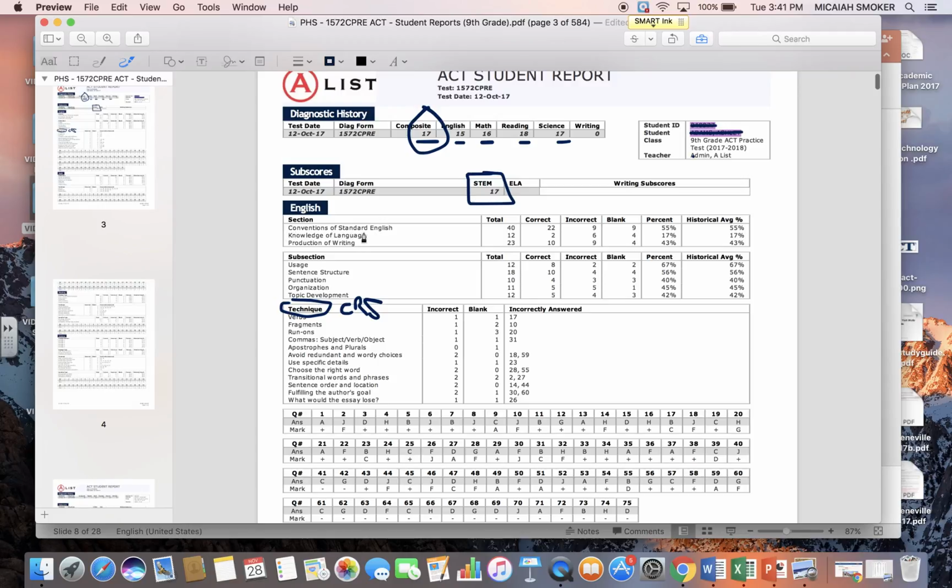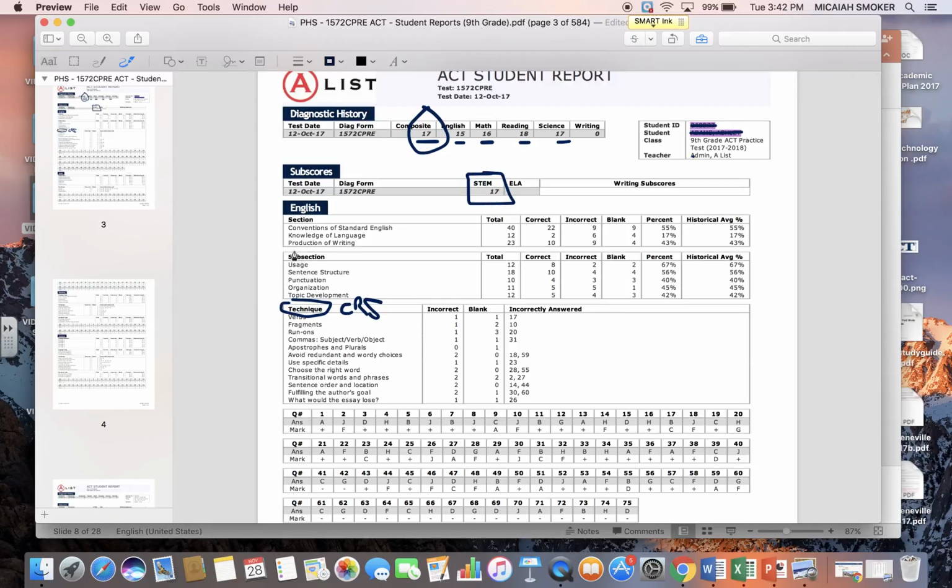So you've got conventions of English, knowledge of language, production of writing. These are just overall sections. You can see how they did on these. And then you have subsections, which break these sections down a little bit more: usage, sentence structure, punctuation, organization,